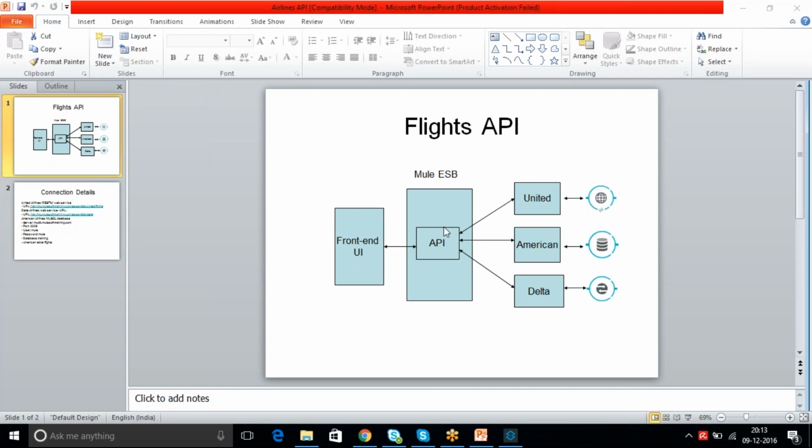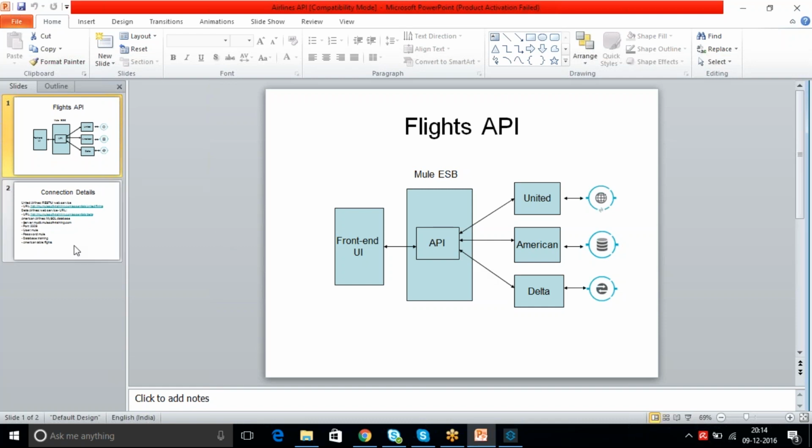Everyone can consume this API, whoever is interested, from a laptop or mobile, and get the data from there. You can easily check what flights are available at the time from the different airlines, United, American, or Delta.